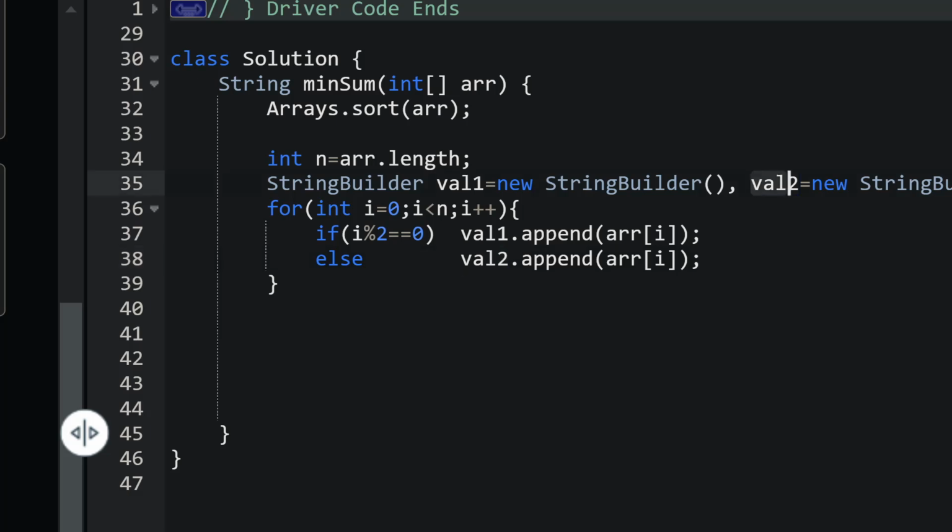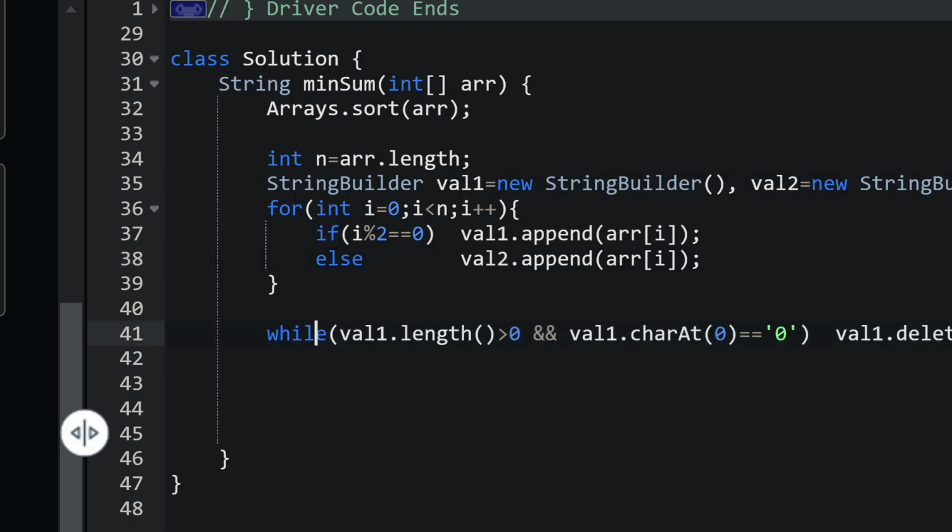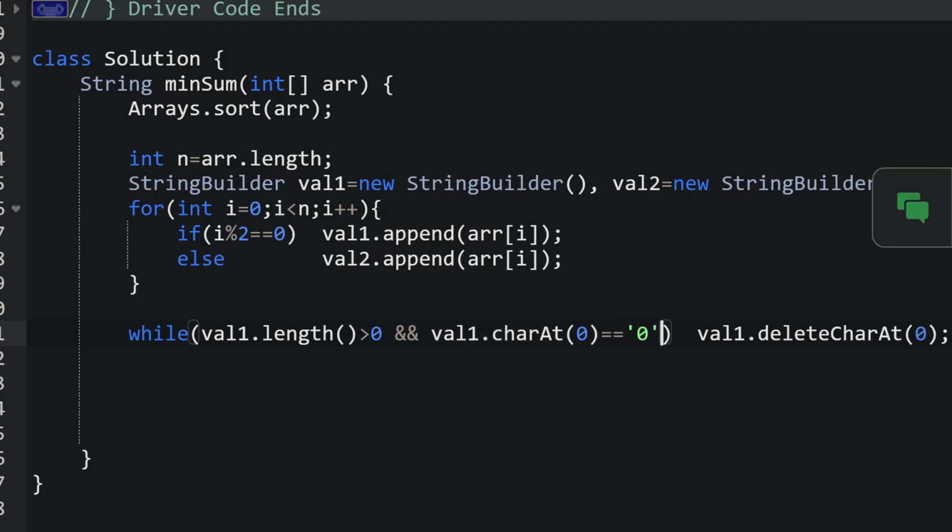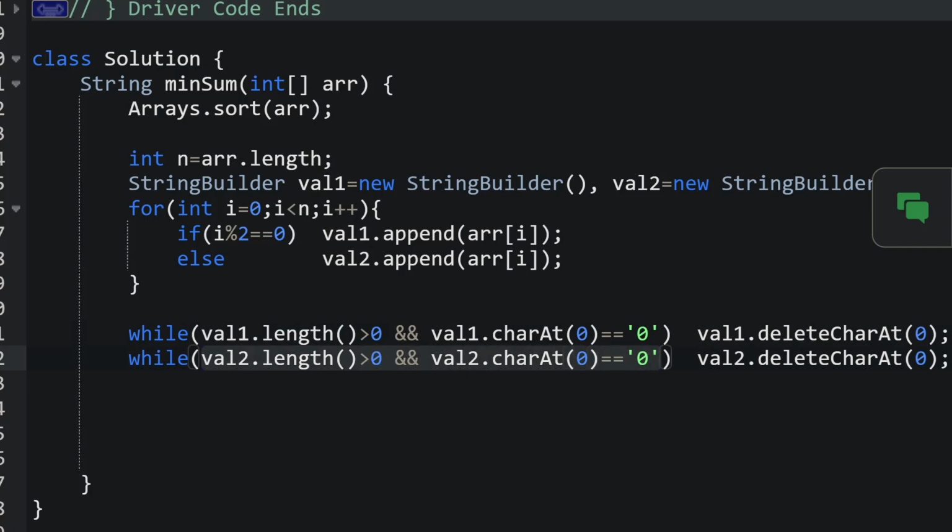So this is our value 1 and value 2 string, and then we have to remove the leading zeros. So value 1 length is there, and on the zeroth position we have 0. So we need to write a function to delete the character on the zeroth index. And as we are deleting the character and we are accessing, there may be a chance that the string is empty, so we need to write a check before that. So string length is still there, so we need to apply the same process on string 1, means value 1 and value 2. So this is value 2, same applies here, but instead of value 1 we have value 2.